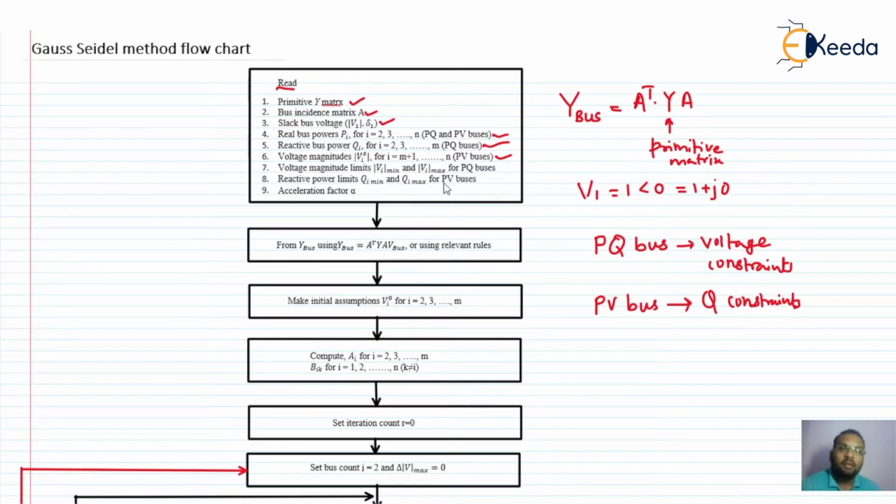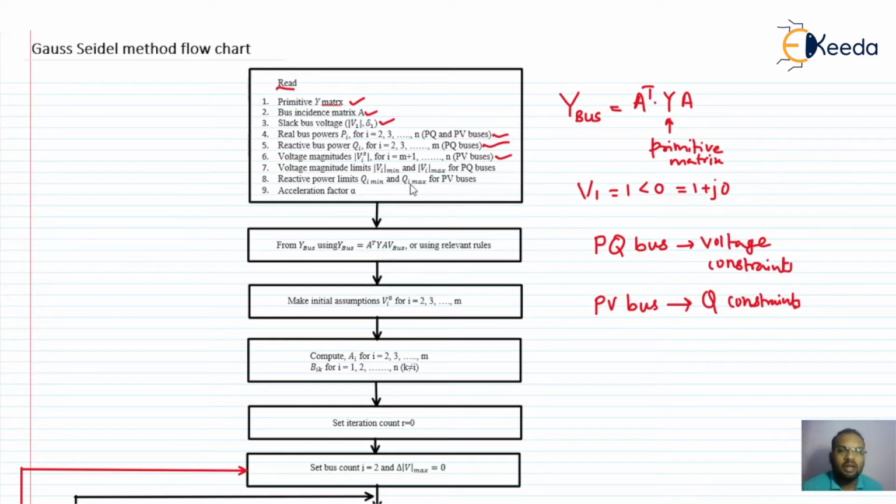See why it is happening for the PV bus. On the PV bus, generators will be connected. And of course, your generator will have a limited capacity of supplying reactive power. When it is turned on, definitely it will supply some reactive power. That will be the minimum reactive power. And it has a certain limit. It can supply reactive power up to that extent only.